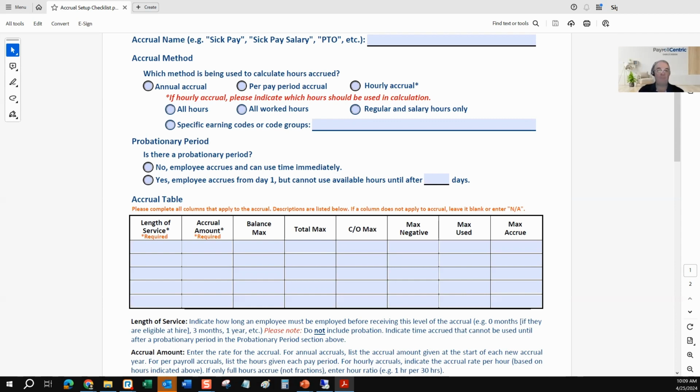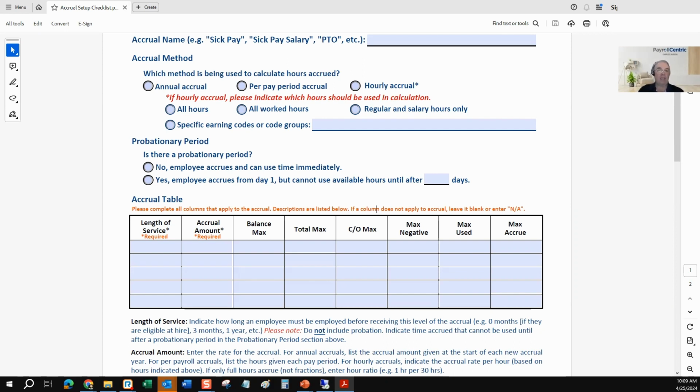And then we have a balance maximum. The balance is going to be how much they can carry at any given time. It's different than the total max. The total max is going to be a combination of what has been used and what is their current balance. So that's a little different. You don't necessarily want to put anything in there. You do want to use the balance max to say they can't have more than 500 hours at any given